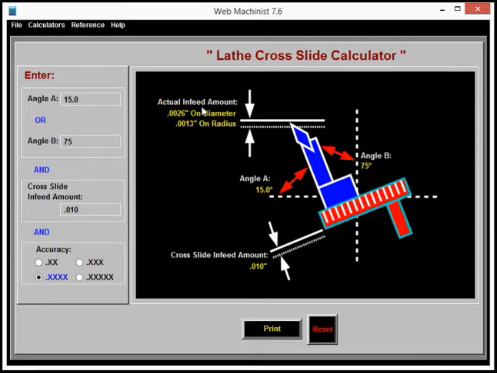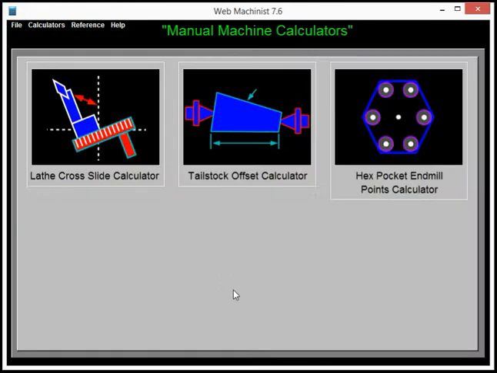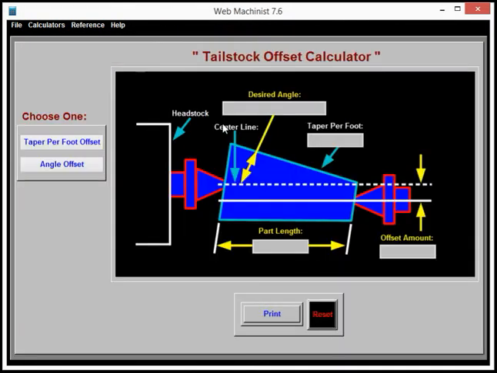So that solves that little problem for me. So I know how far I have to in-feed this way to change on that diameter. And let's see, going back to the manual machine calculators, the tailstock offset calculator. Okay, this is